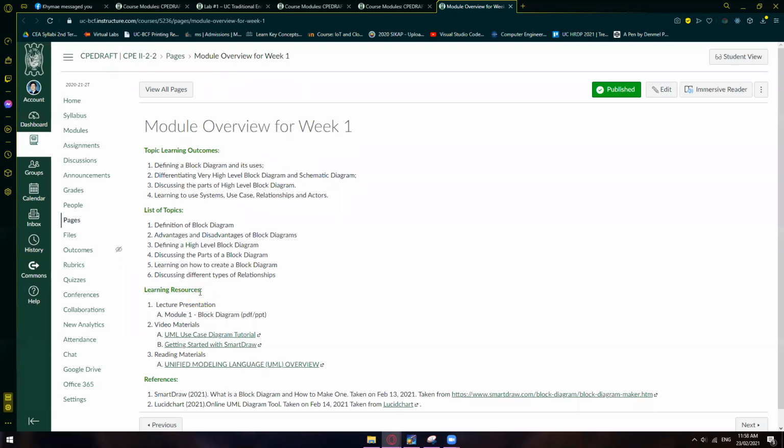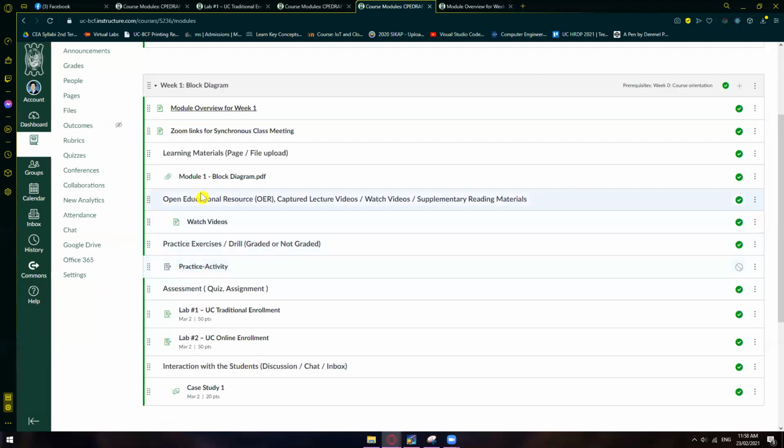All right, and then for the learning resources, of course, you have here the PDF or PowerPoint, wherein it's already in here. So under learning materials, page or file upload, we have the Module 1 black diagram. Okay, so this is for the week 1. Or if not,